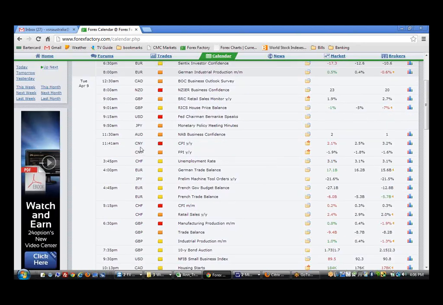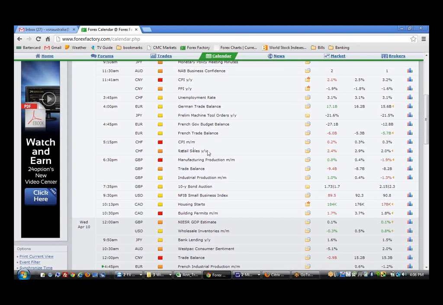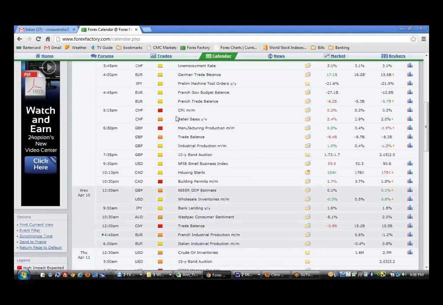And there are also major reports, for example, the Chinese yuan. The Chinese yuan reported a major one there, and also the Swiss. Anything red, or the yellow ones, are called low impact reports. So they may affect the market, but the ones that will affect it most are the red ones and also the medium ones.